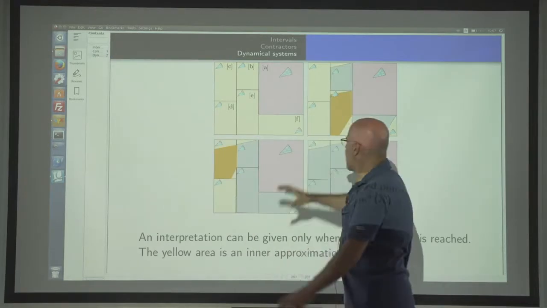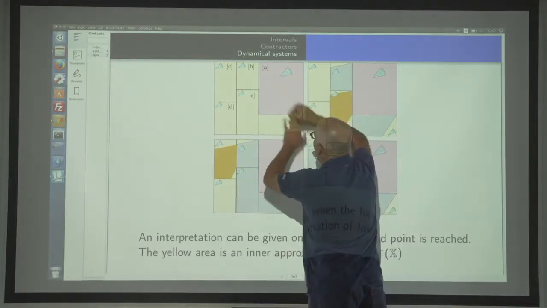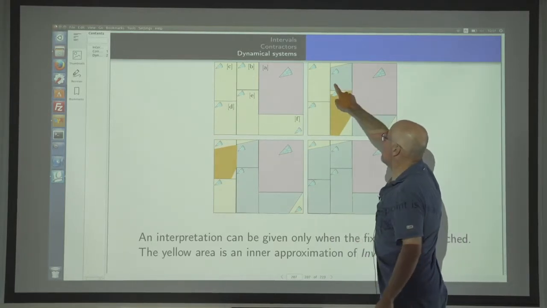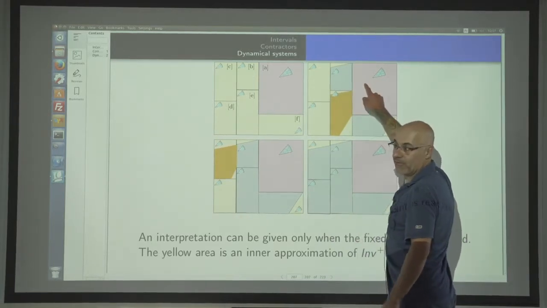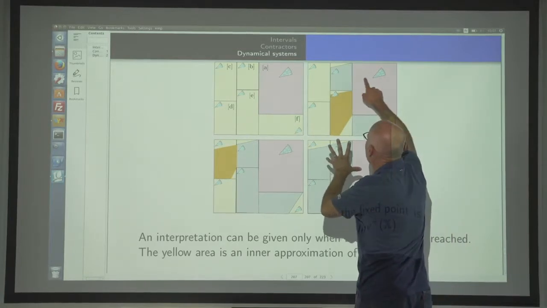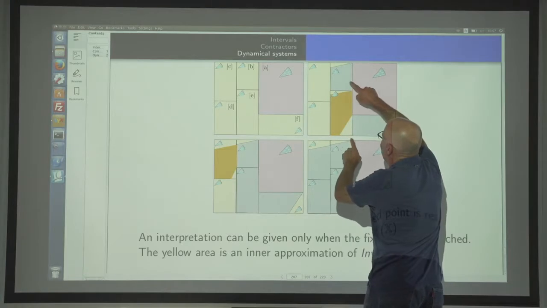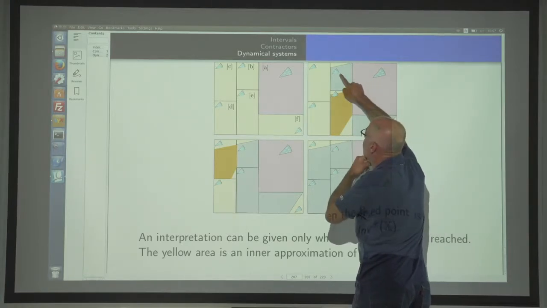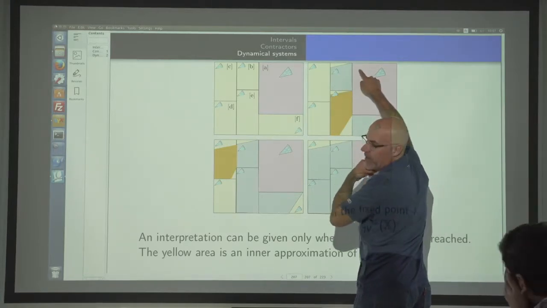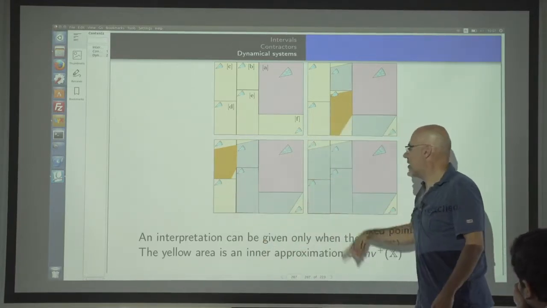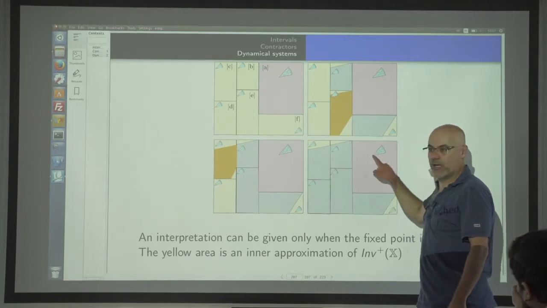I can do also the same. Start from here, and I'm searching for an inner approximation. So it means that if I am here, maybe I will go here. I cannot decide. Maybe I will go here. This one, we don't know yet, but maybe I will go here, so I will not be able to prove that this point will never go there. And I propagate backward, and I'm not able to prove that this one will never go here.